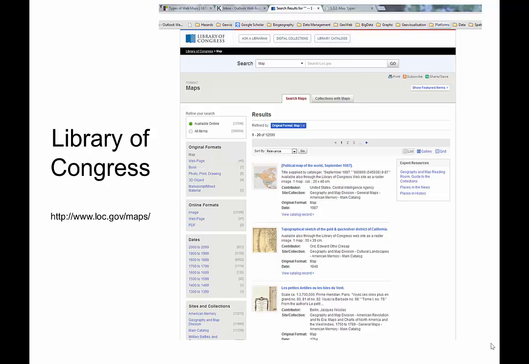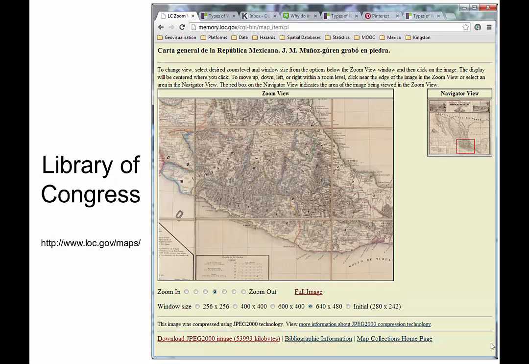Doesn't need to be historic maps. So you can log on to the Library of Congress. You can do a search. I've just done a search for a map there, and we get various lists of the various maps supplied by the Library of Congress. And if we click on one, here's my favorite place, Central Mexico, we can see that